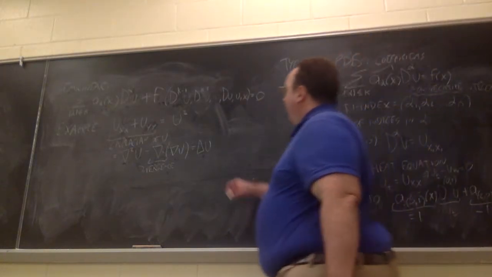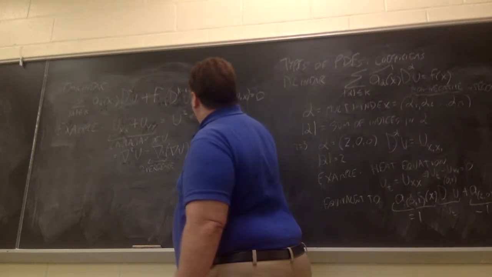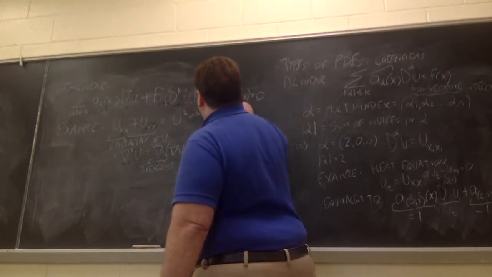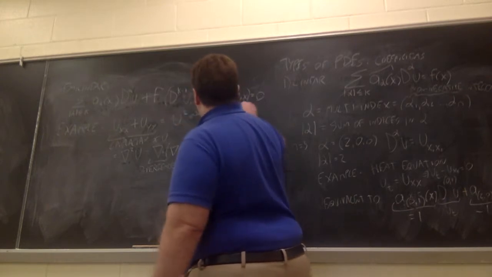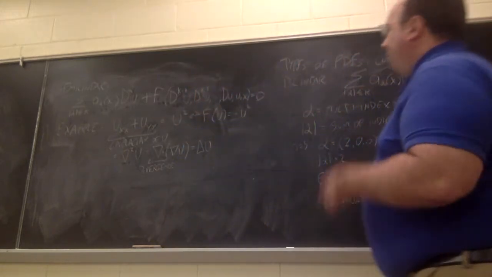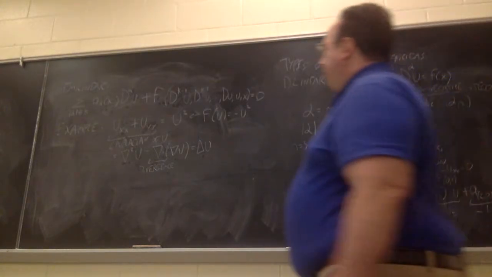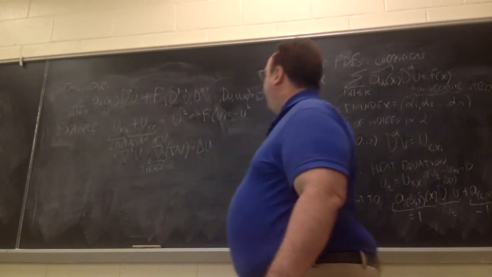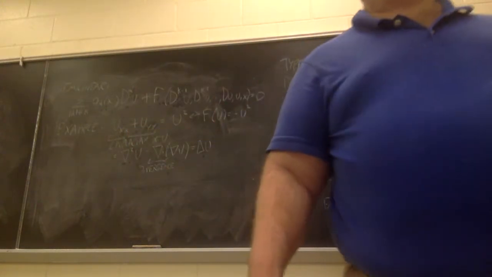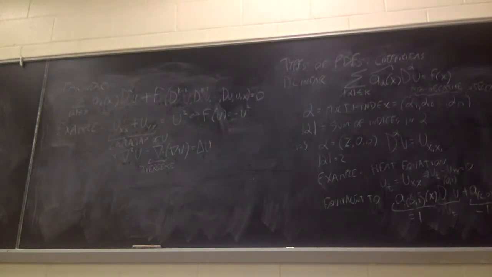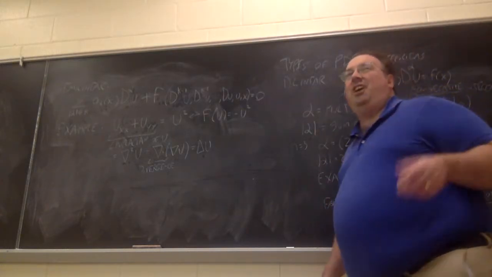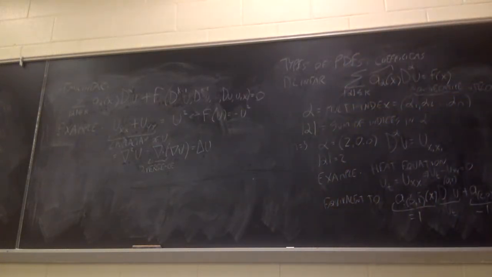So here we have this function, f of u is equal to, the way I've written it, minus u squared, because I moved it to the other side. So that's an example of a semi-linear PDE, where the part with the highest order derivatives is linear. Then we have this nonlinear term because it's u squared. If I had just u by itself, that'd still be linear. But anytime you take any nonlinear function of u, squaring, or taking a sine or cosine or exponential, or square root, that's what makes it nonlinear.